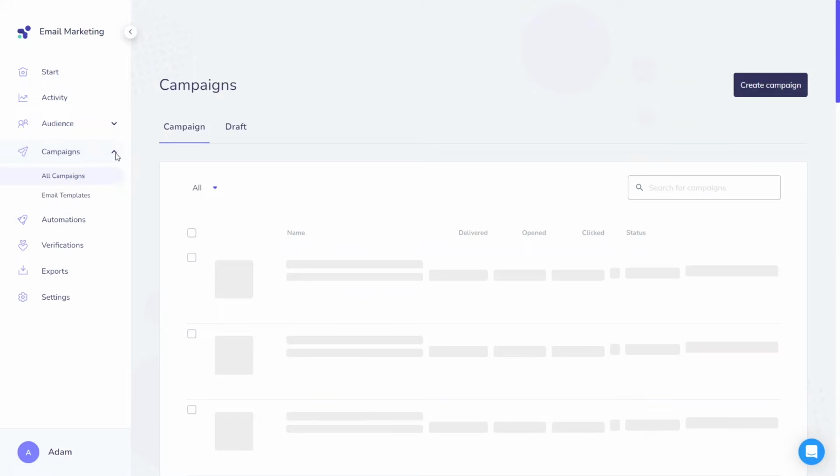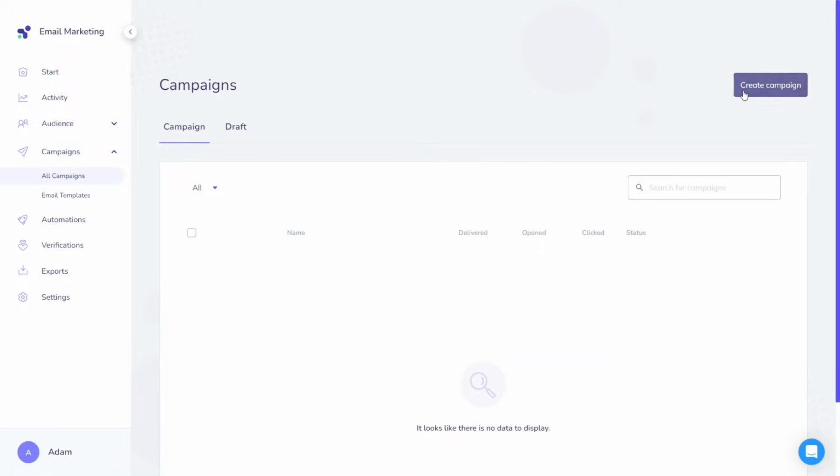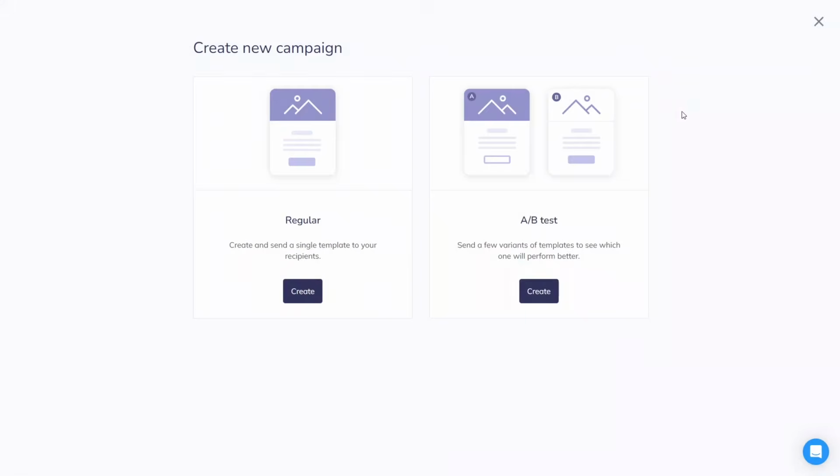Now it's time to craft your first campaign. You have two options. You can send a regular campaign or create multiple variants with an A/B test. Opt for a regular campaign if you prefer a single email without additional experimenting. If you want to compare the performance of different elements such as subjects or CTA buttons, go for an A/B